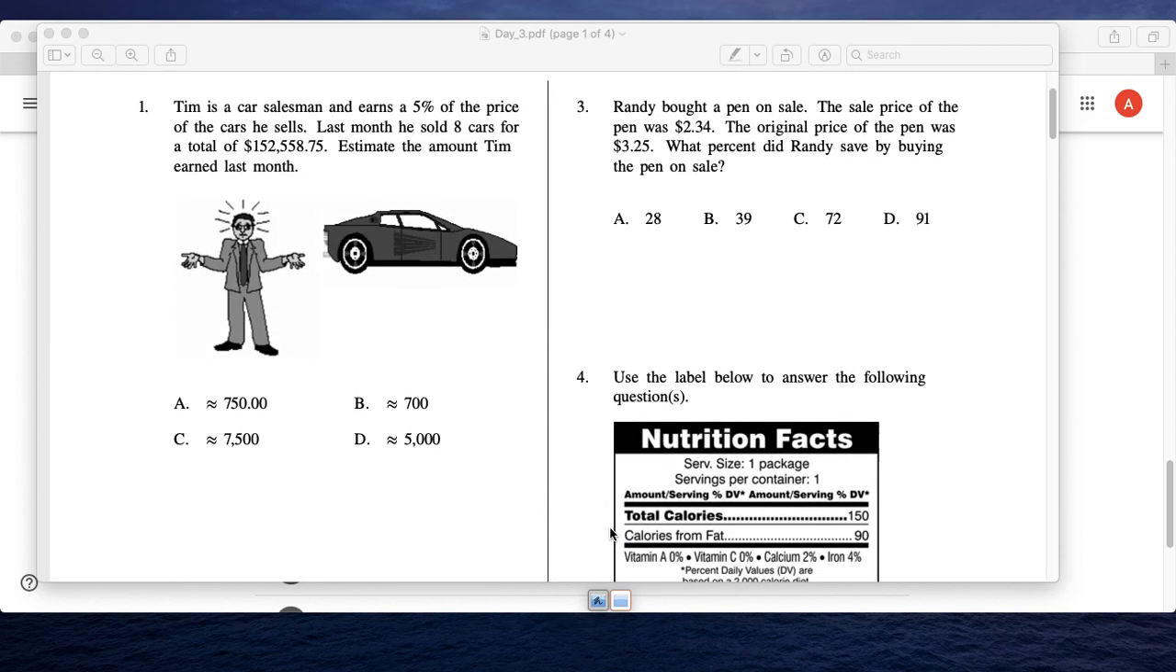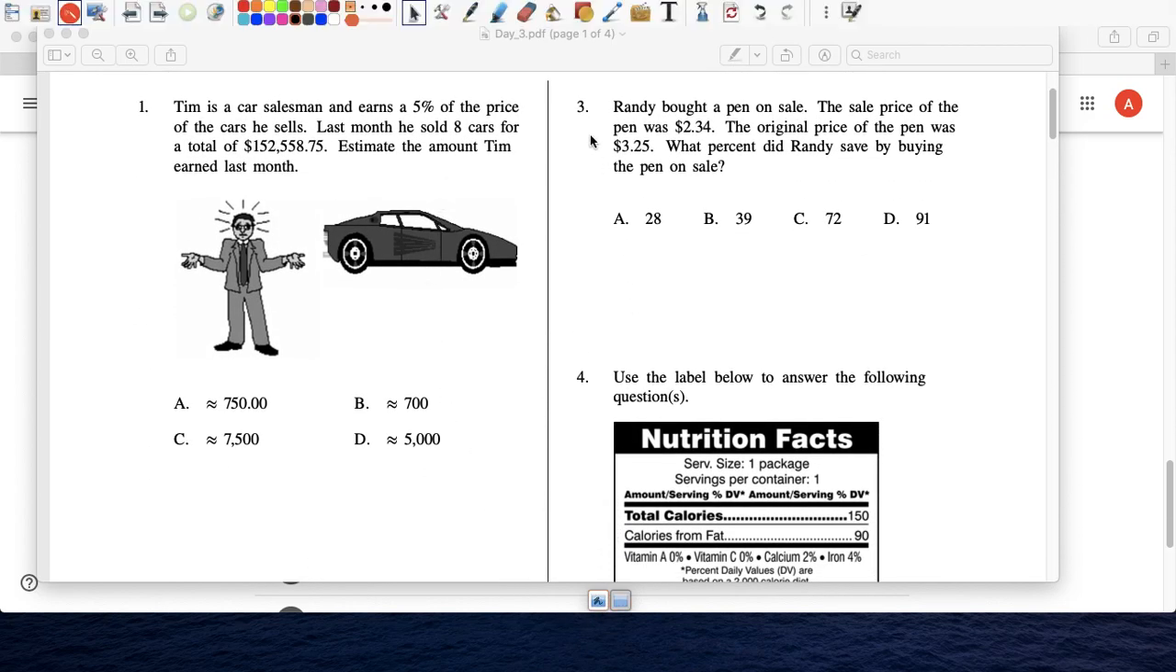3, bought a pen. Sale price of the pen was $2.34. The original price of the pen was $3.25. What percent did Randy save by using the pen on sale? All right, so we can do new minus old, so we can say the percent of change, right? In this case, it represents the percent that he saved. It would be 2.34, the new price, minus the old price, which is $3.25. Divide that by